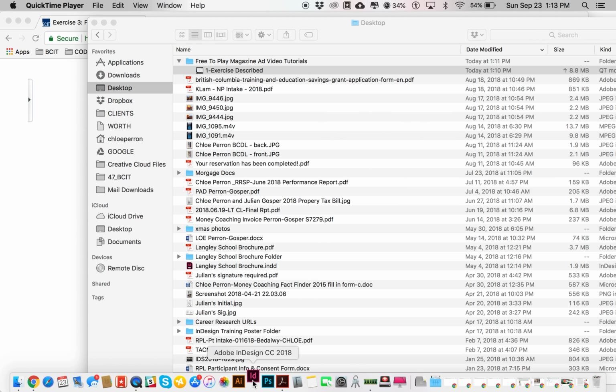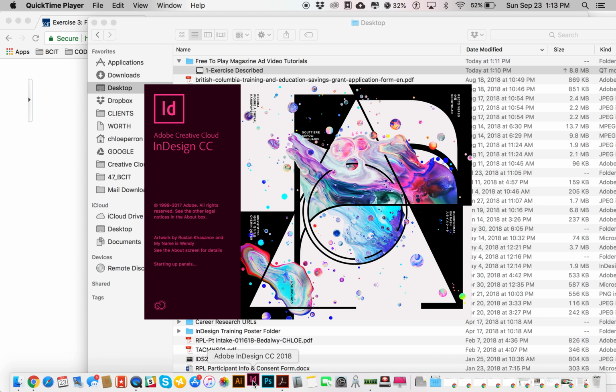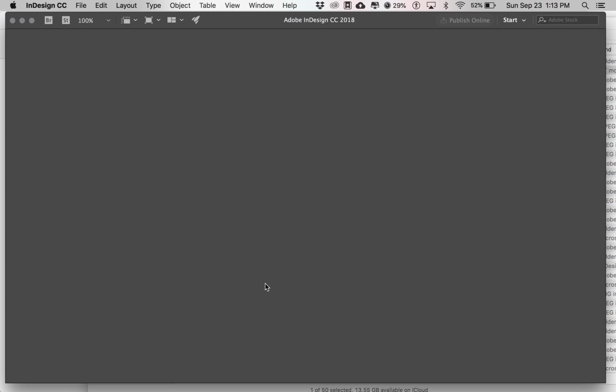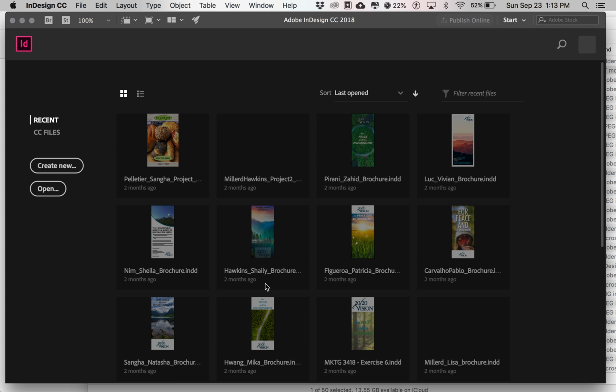Also, as a caveat here too, I'm obviously working on a Mac. If you're working on a PC, there's going to be a few slight variations or differences in how you kind of navigate the application. Specifically, if we're using control keys or command option hotkeys, there's going to be a few different variations. So I'll try to remember to highlight those. I don't always remember what they are off the top of my head because I'm so used to working with the Mac platform, but hopefully I'll remember. All in all, most of the time it's just going to be the difference between a command or a control button. They call them command in Macs and control in PC, and they're basically the same button